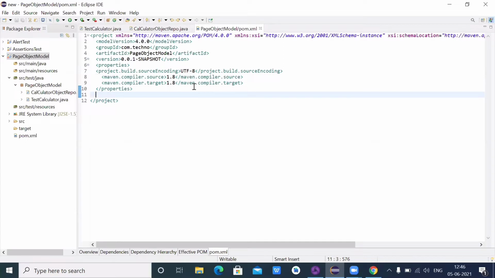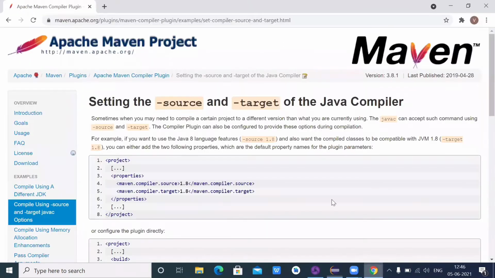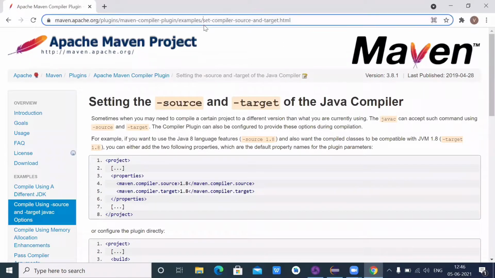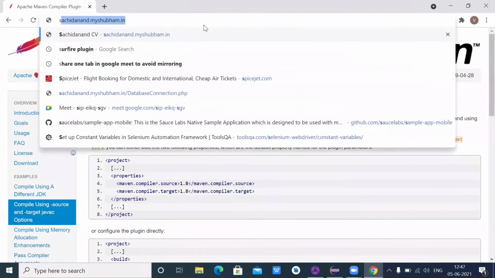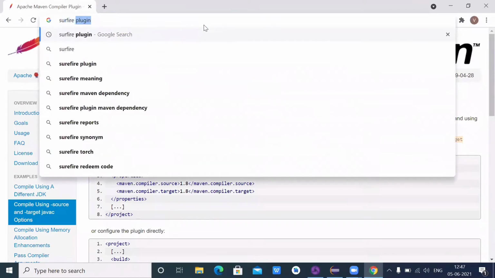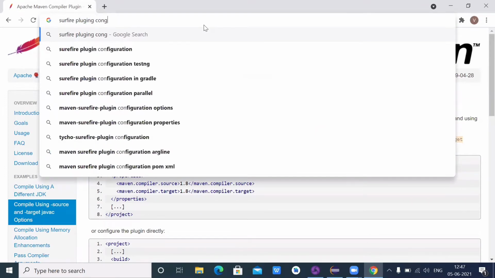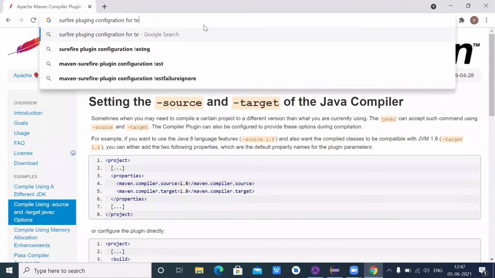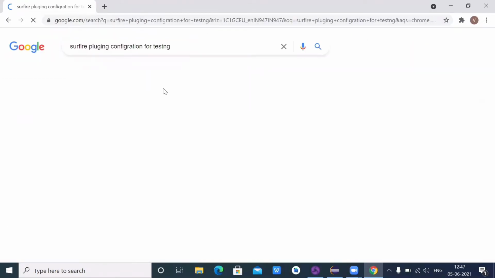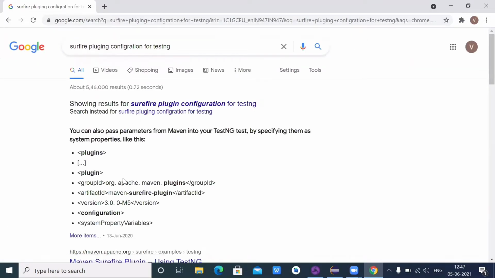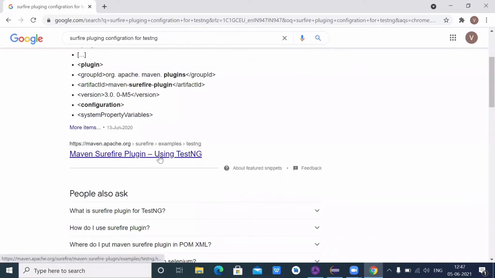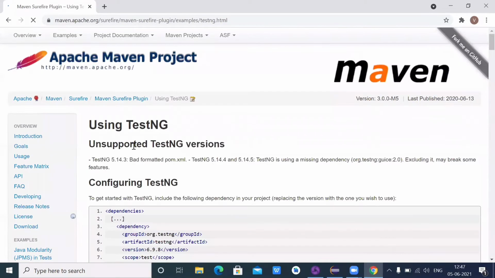Now I want to add the Surefire plugin to my system. For that I will search for the Surefire plugin configuration for TestNG. Here I am getting some plugin options, and I will go for the first one.